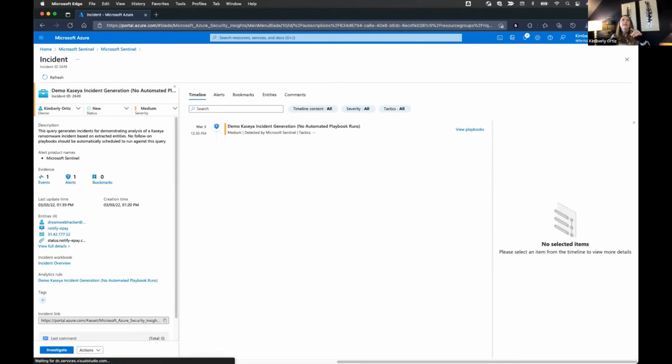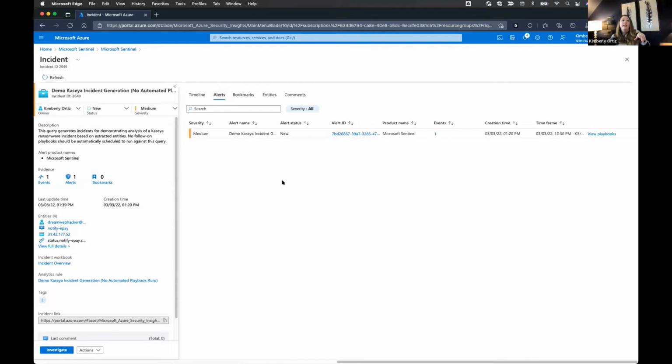So understand here that we're looking at an incident that has not been triaged in any way, right? Here on this alerts tab in Sentinel, it's possible to create rules that roll multiple alerts up under a single incident. What I'm demonstrating right here is just a one-to-one mapping between this alert that hit and my incident. So just keep in mind that that might not always be the case. You might see a list of alerts here under your one incident.